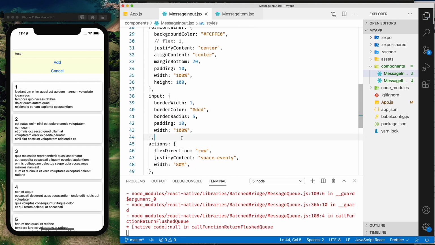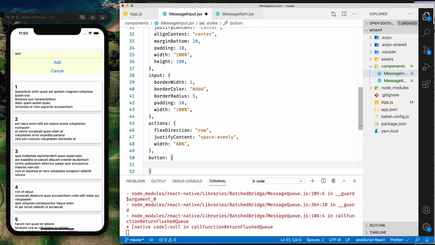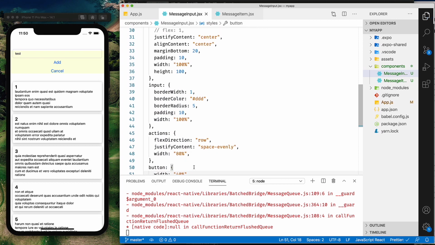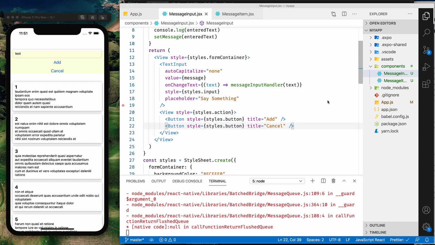Let's also add some styles to the button. For now, we're going to set a width of 40%. Let's make sure to add a style prop to both buttons with our newly created styles. And I'm noticing that the buttons are really similar, so let's head over to Components and create a new file